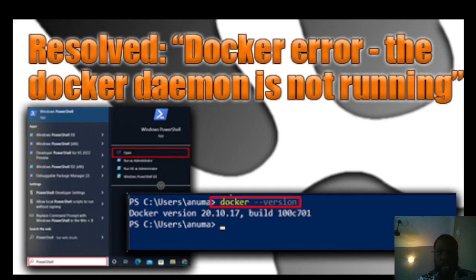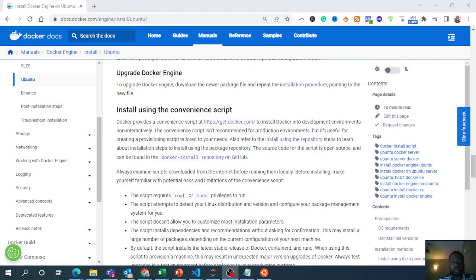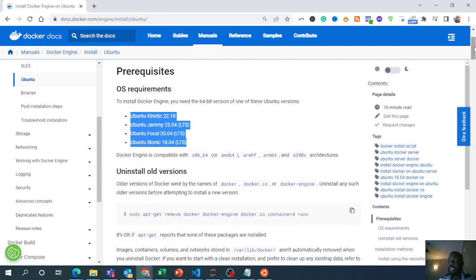So the first thing that we have to do, let's go first to the official Docker website where you can install Docker. And as you can see,